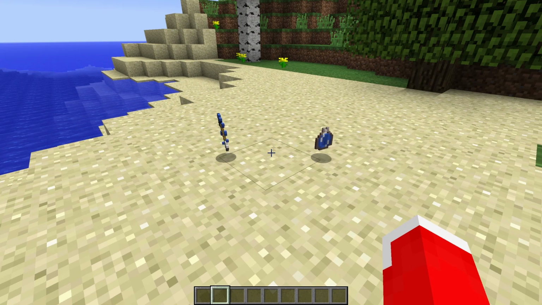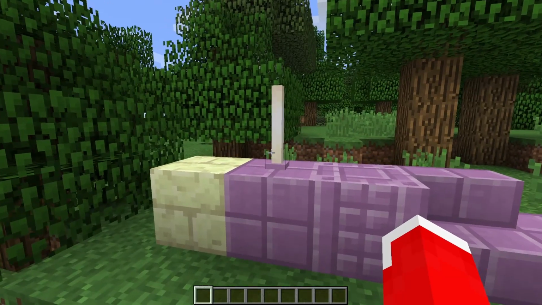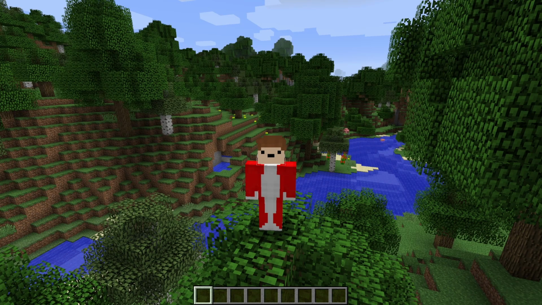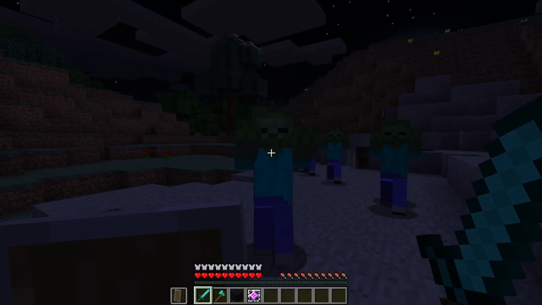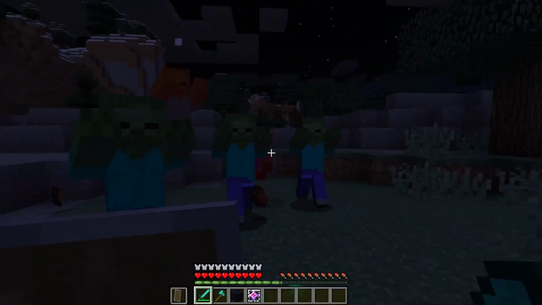Tipped arrows and lingering potions also got added in 1.9. We got the new grass path block. Endstone bricks, purple, and end rods also got added in this update, also meaning that the end city structure also got added. And in regards to PvP, there were also new combat changes for this update, obviously being the combat